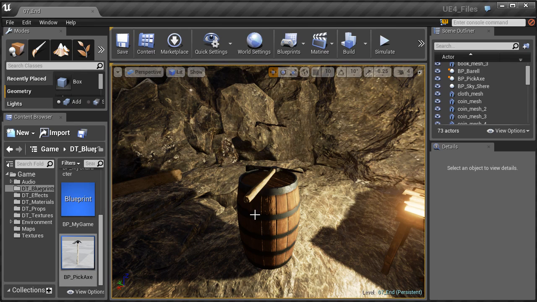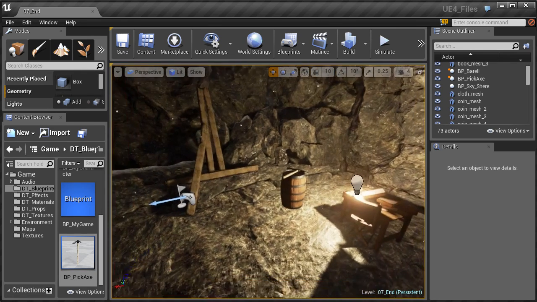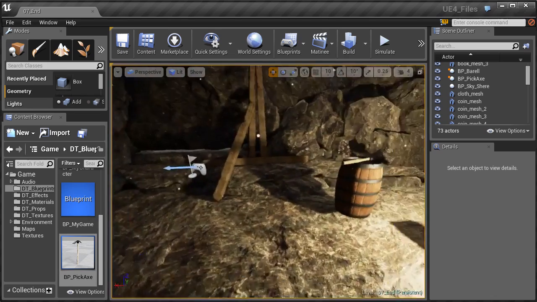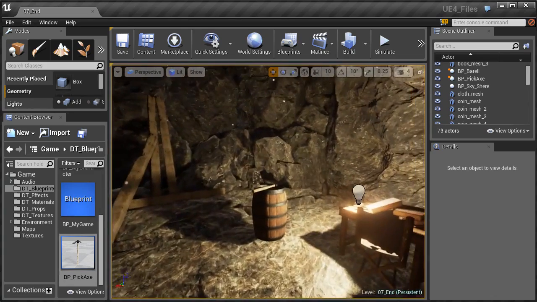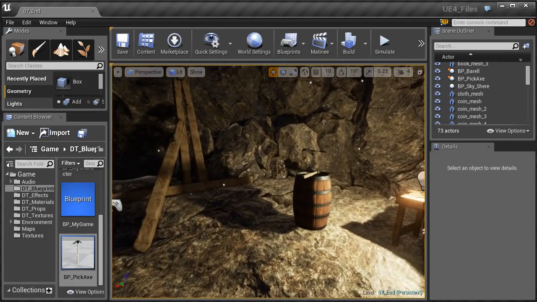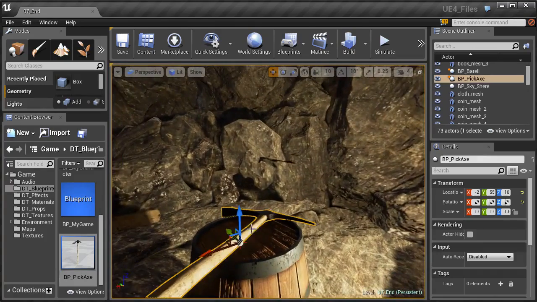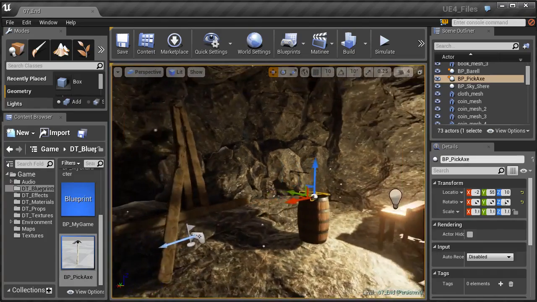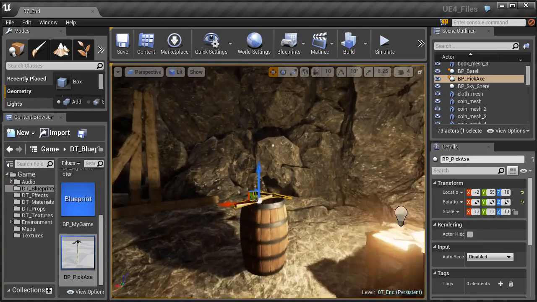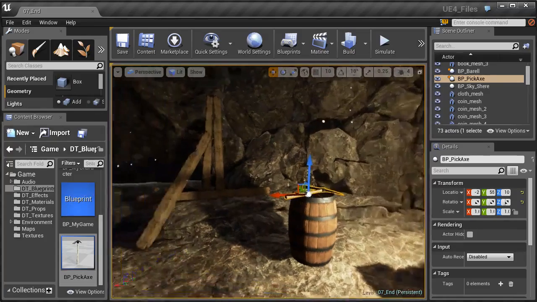What I would like you to do is to go ahead and continue on with your scenes that you've been working with up to this point. And I want you to create some object that could act as a key. So you could use just a standard object, or you could just use the pickaxe again. And I want you to create some logic based on what we've talked about on how to open up a